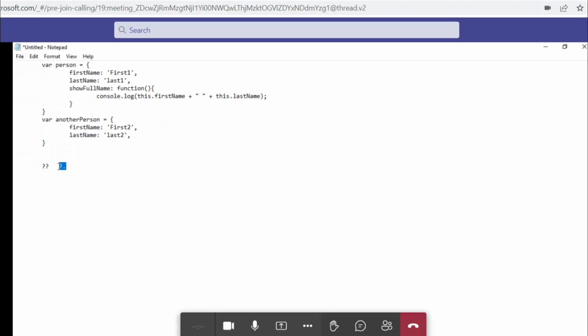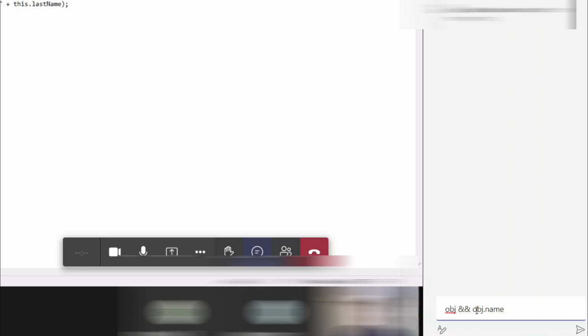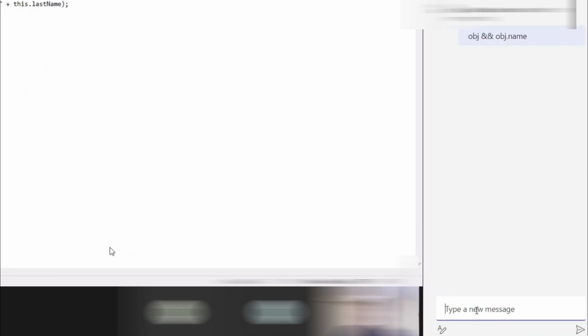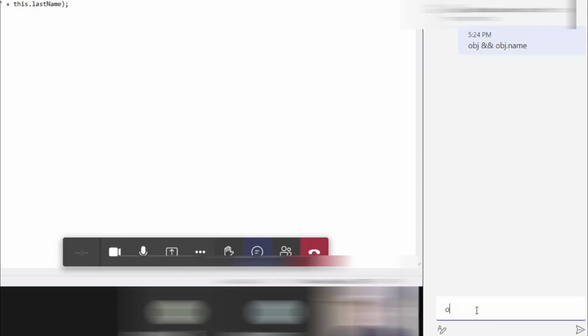Better I will write in chat. To target any property in an object, we do it this way, like object && object.name. But this is just shorter syntax to target that property, so this is used nowadays in place of this.